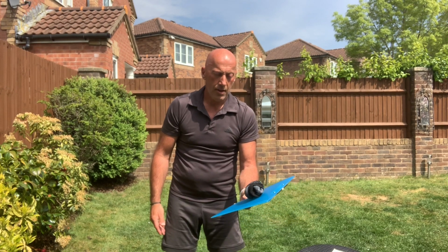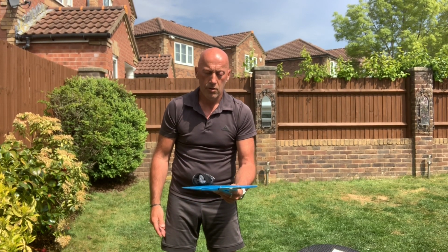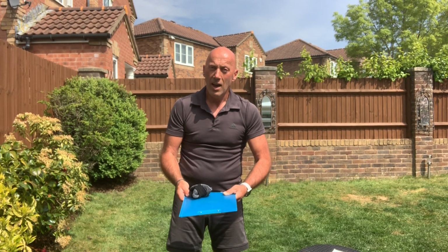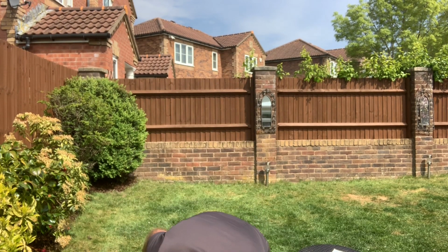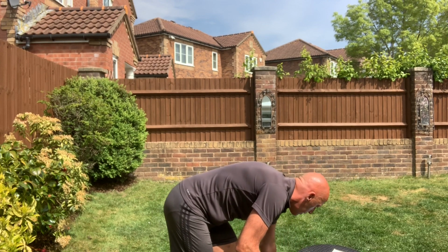Okay, this does take some practice, boys and girls. You're doing really well so far. Don't underestimate how hard this is, okay? It's okay for it to fall off. It's not a problem, because that's why we practice. Now, once you feel comfortable that you can maneuver the ball around the surface, what we're going to try to do now, I'm going to change and I'm going to